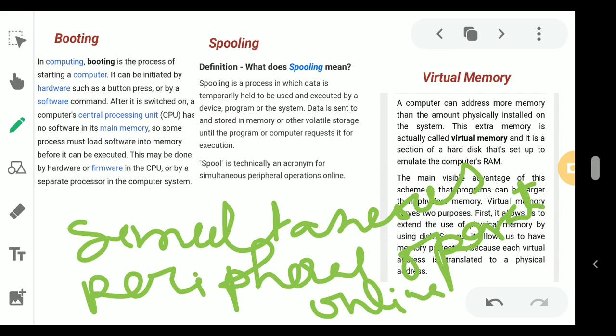Spooling is a technique used to solve the problem of speed mismatch between the processor and the peripheral devices. What are those peripheral devices? Like printers, keyboard, etc. The CPU works at a much faster speed than the input output devices like keyboard and printer. So when a slow input output device is moving bytes from the main memory,